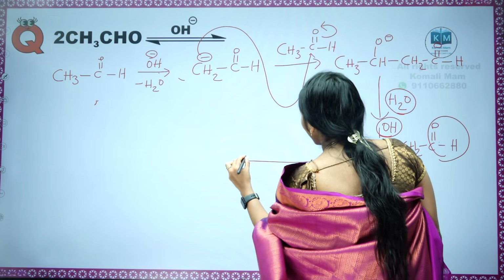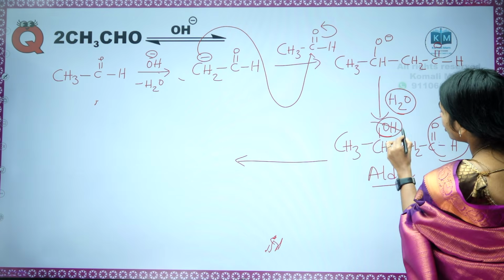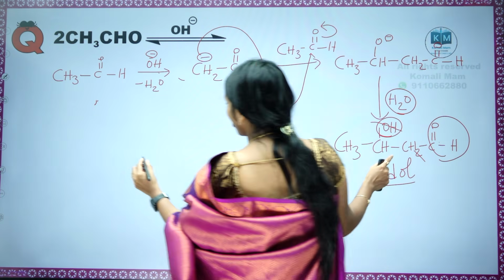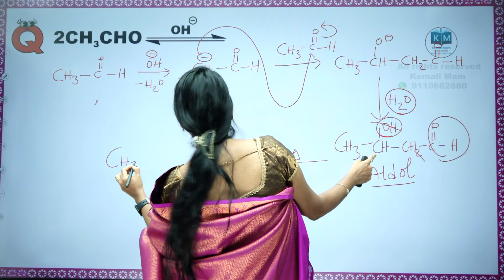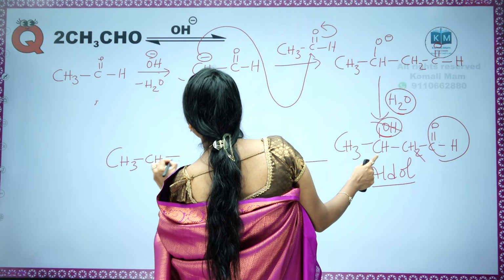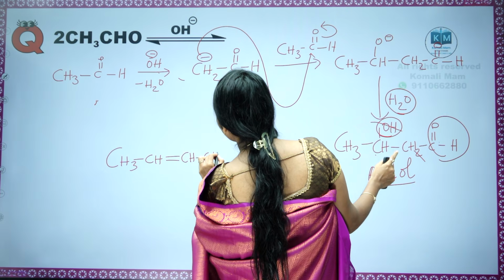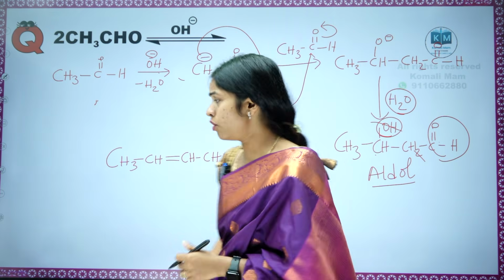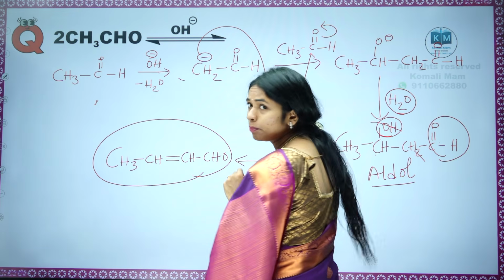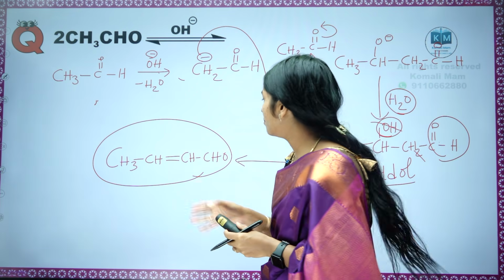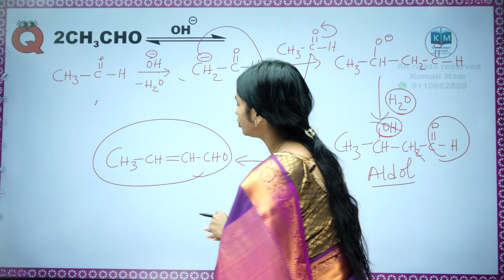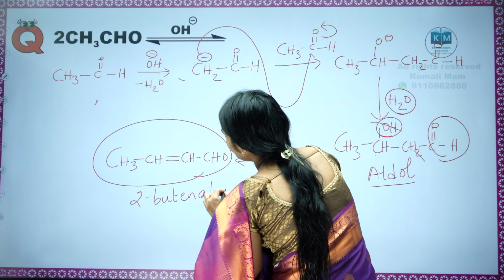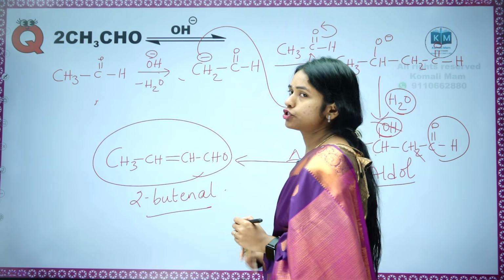Now, upon further loss of water, how is water lost? Upon heating, OH and H go out, and we get a double bond between both. So, CH3, CH, then double bond CH, CHO. Ma'am, here you wrote C double bond OH, here you are writing CHO, both are same, no? So this is one of our products, crotonaldehyde, its common name, or 2-butenal. Simply I am writing the IUPAC name here, not the concept of IUPAC. Second position has the ene, first position has the al.